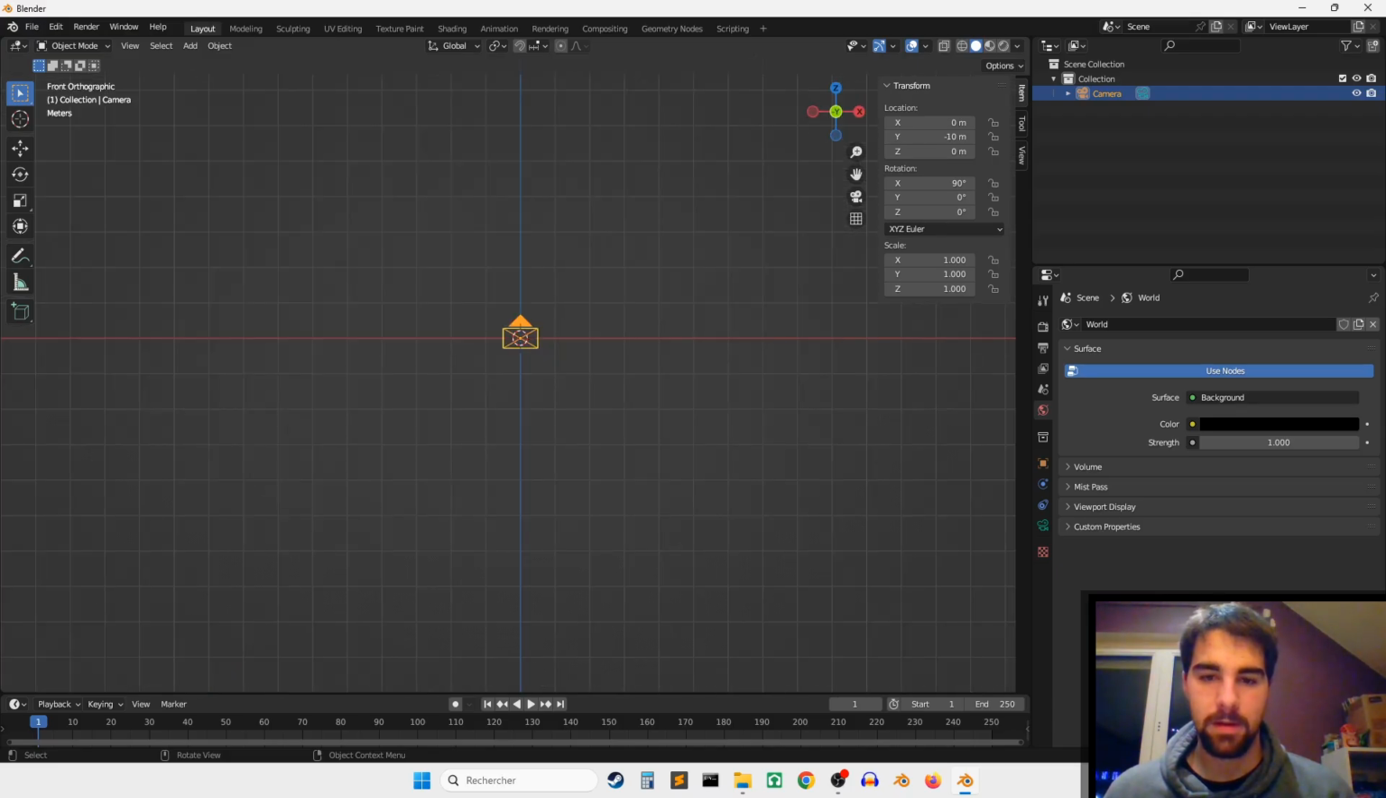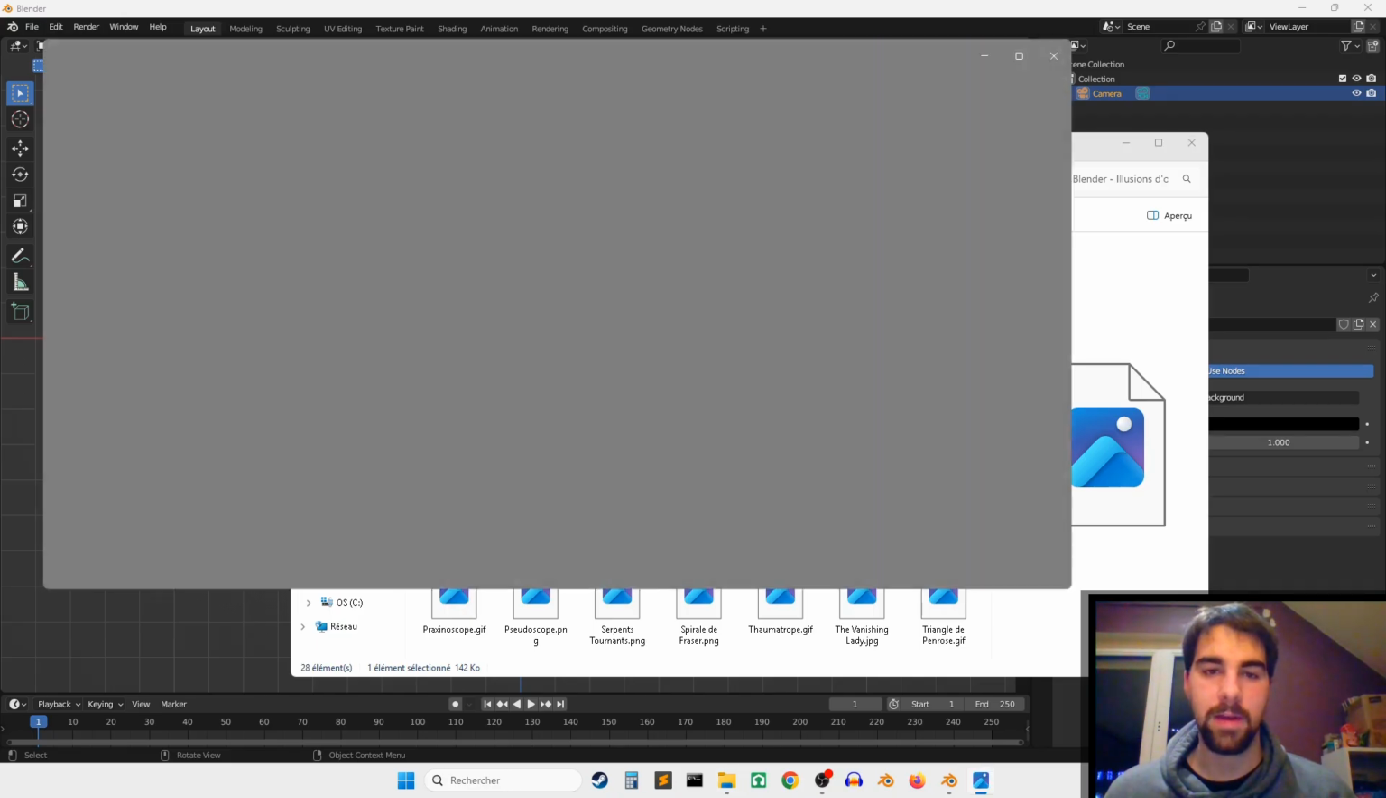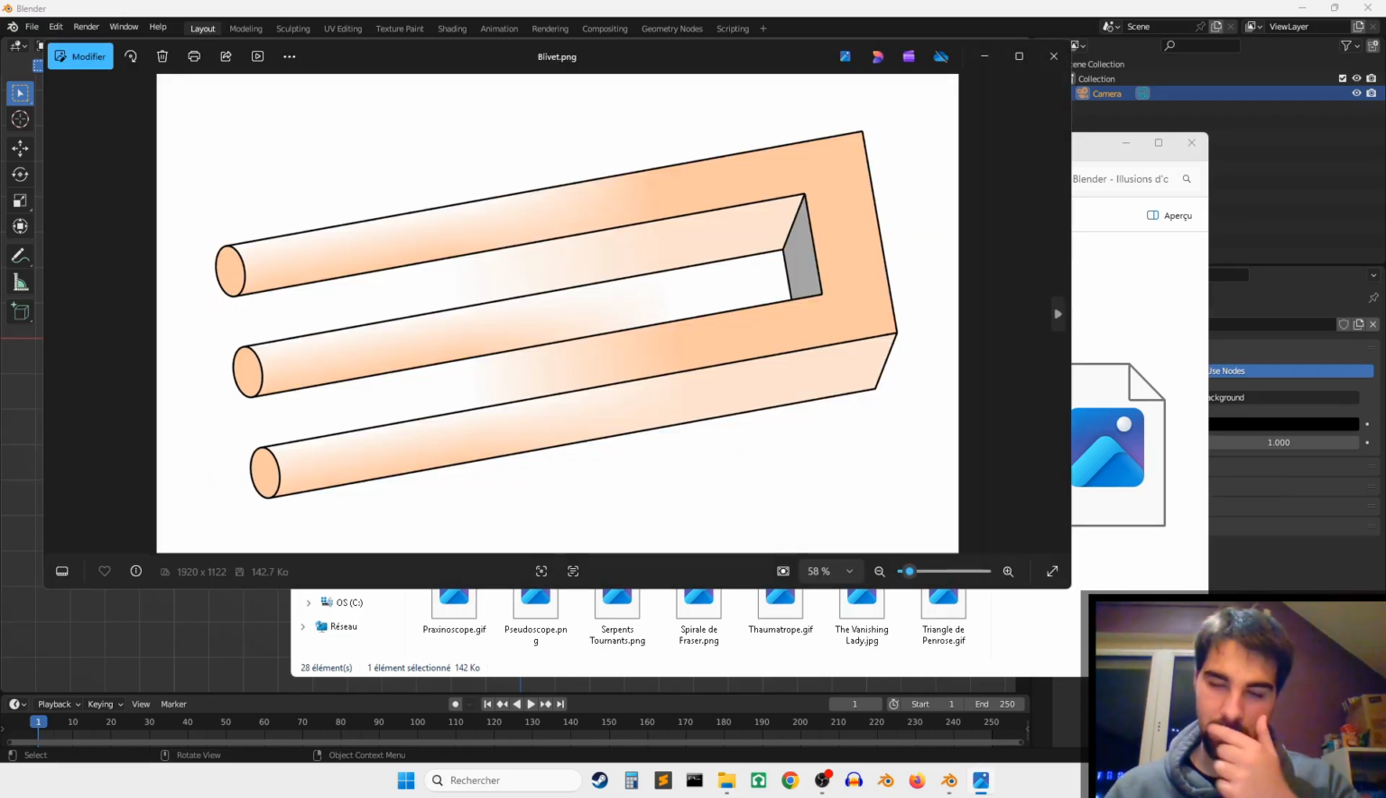So, first of all, we have the Blivet. You may know what it is by just looking at the picture, or maybe you know because of school. But this optical illusion is really famous. You think that by fixing this part you have 4 table legs, I would say,